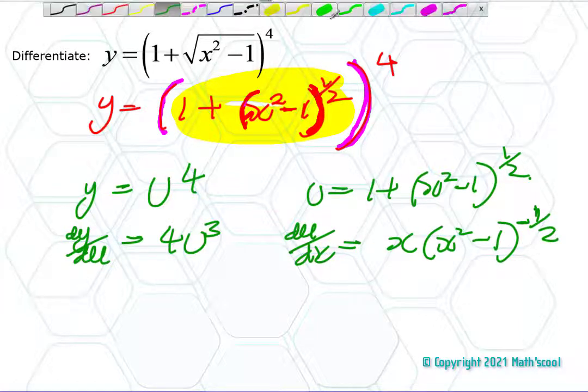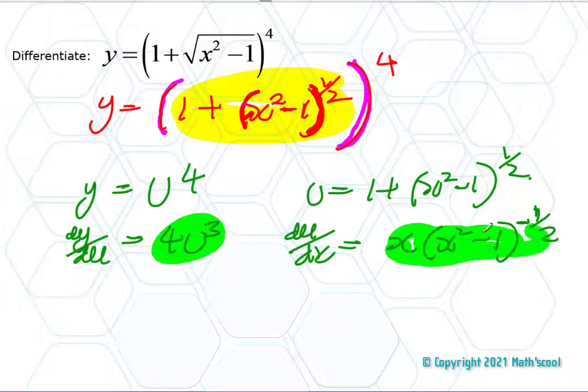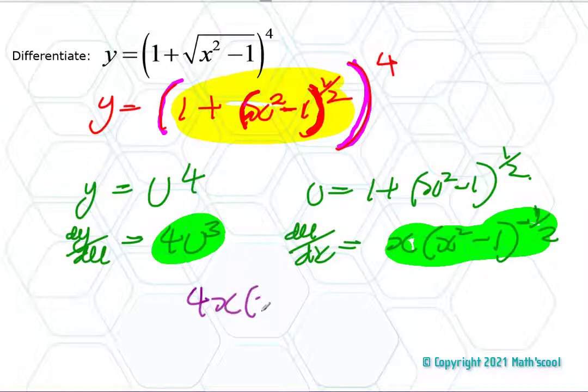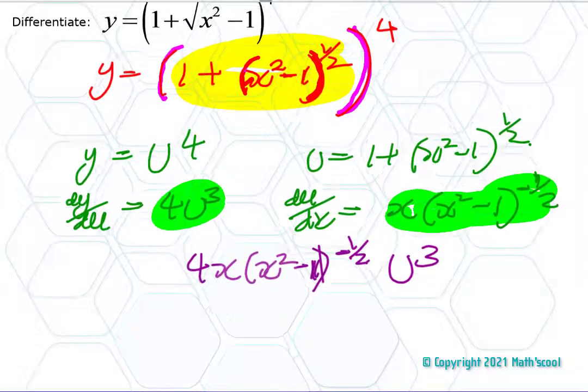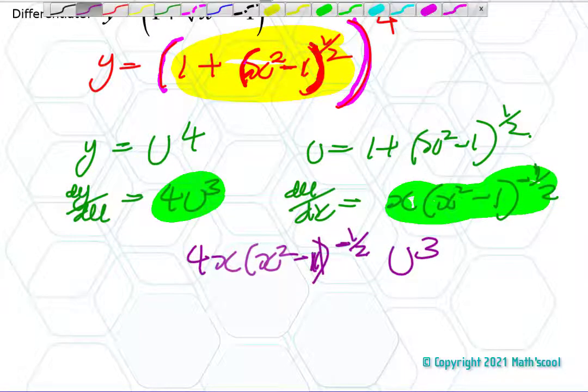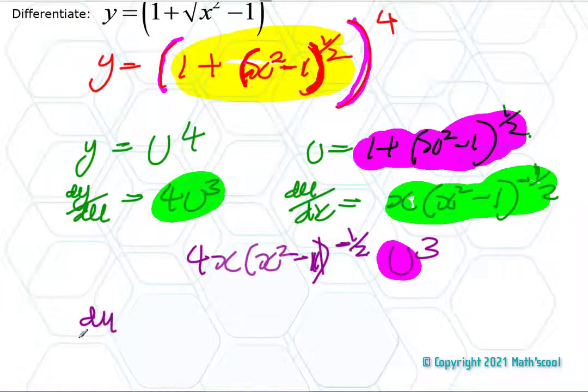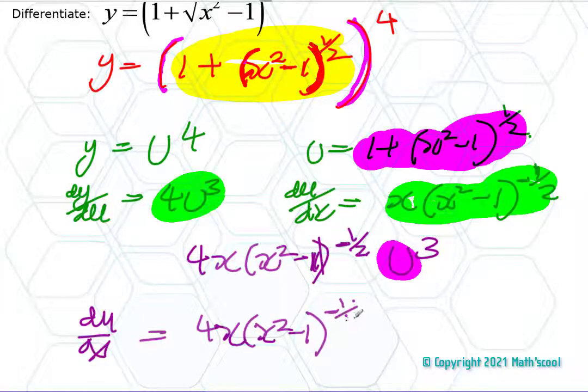And then we just multiply these two together, so we just multiply that and that together, and we get 4x brackets x squared minus 1 to the minus a half times u cubed. I always put the u at the end because it's just easier, then I know I've got to replace it. So I've got to replace that u with this. So that u's got to be replaced with this. And so that gives me dy by dx equals 4x brackets x squared minus 1 to the minus a half times 1 plus x squared minus 1